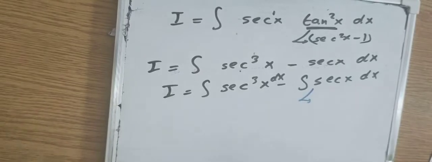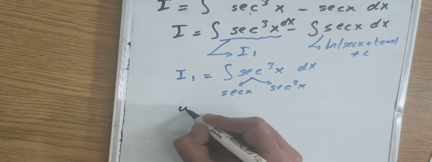Of course the integration of sec x, which is the second term, we discussed in the last video, that the integration of sec is ln sec plus tan. And in the video on integration by parts, we discussed how to integrate sec cubed by parts twice, and we return to the same value again. So let's say that this integration is called I1. So we have I1 as the integration of sec power 3,